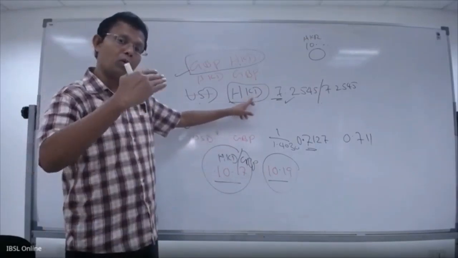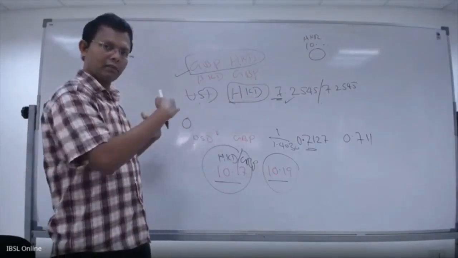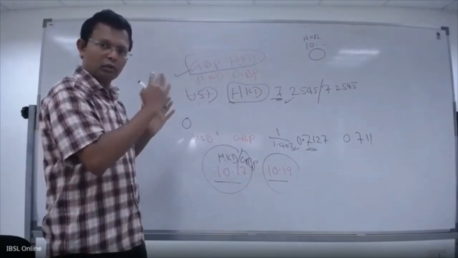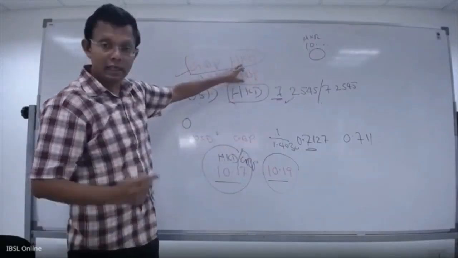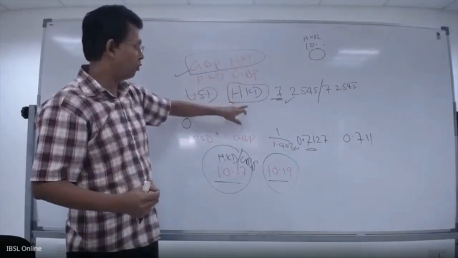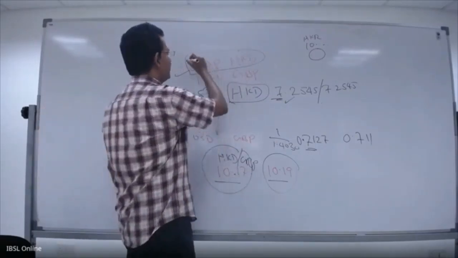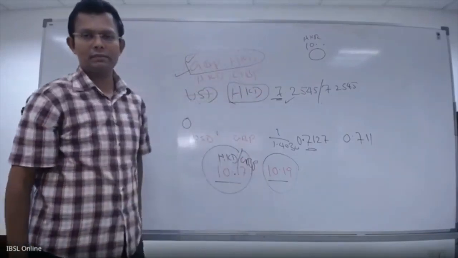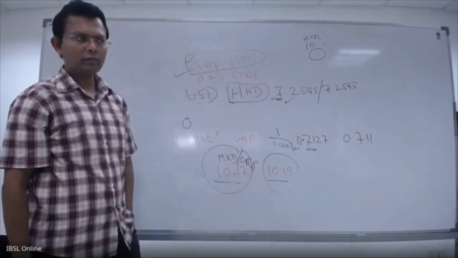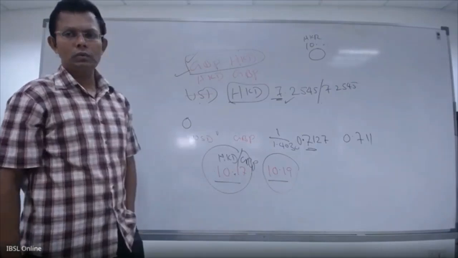Anything you pay more goes on your right hand side. One on the left hand side is always equal to 1, and more than 1 on the right hand side. So on the right hand side, HKD pays more, then you select this one. You have the answer here. So then you select the currency pair. Understood? That is how you do this.